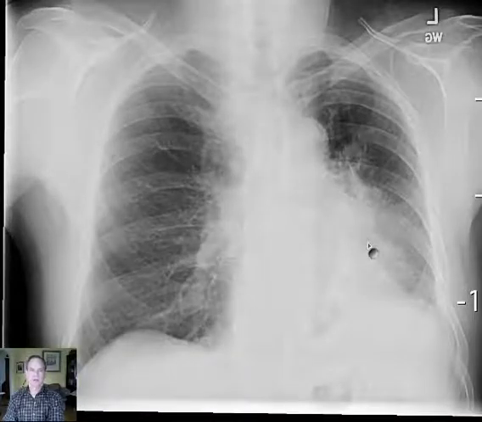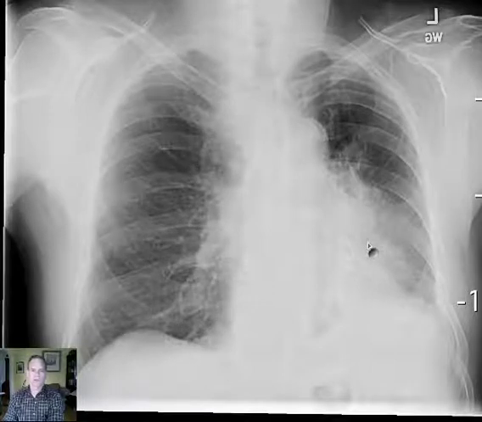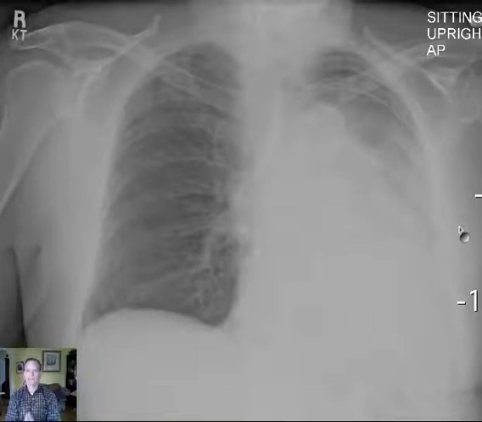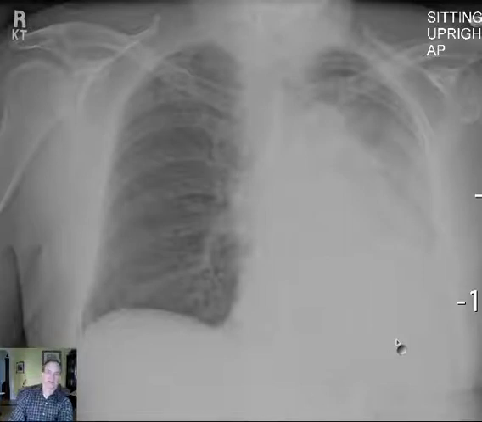Okay, so that was December 12th. 3 days later, December 15th, this is what we see. Now what do you say? Forget about what it is. What do you say the findings are? There has been an increase in the extent of opacification in the left lung. This includes a fairly coalescent or dense area of consolidation or opacity in the left retrocardiac area, and the left hemidiaphragm now